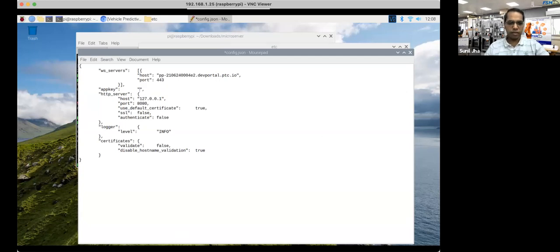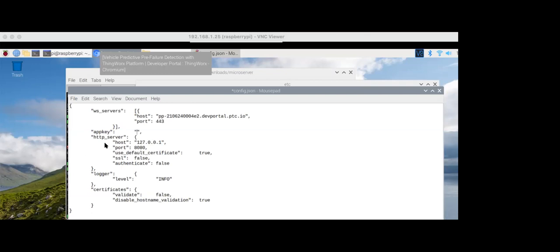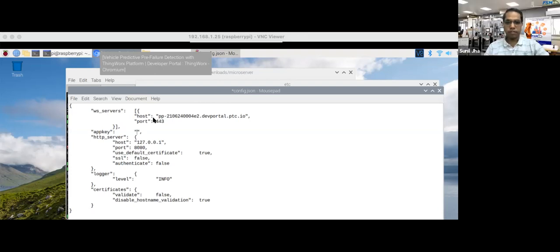Instead of this, I'm copying the key from here, and I will be pasting it.